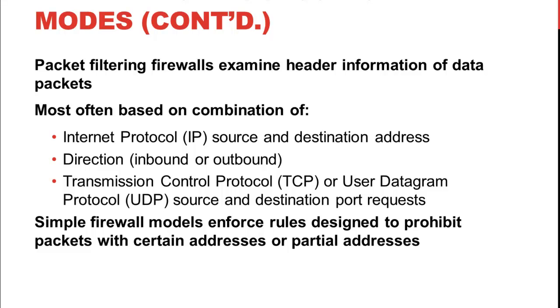A simple packet filtering firewall model will examine one aspect of that packet header, whether it be the destination or the source address. They can enforce restrictions, rules designed to prohibit particular packets from within certain addresses or particular addresses from passing through